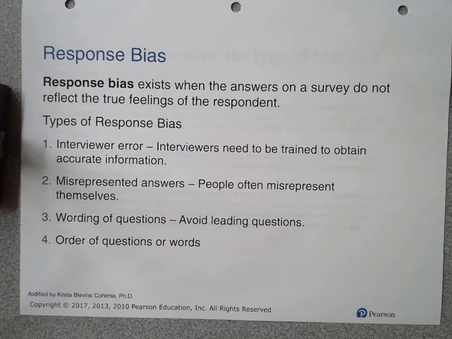Wording of questions, this also kind of goes into what I said in number 1. You want to avoid leading questions. That question about, don't you just love Colmia's stats class? It's a very leading question. You don't want to lead the students into a response. You want to try to make your survey questions not have emotion either. How do you feel about Colmia's stats class? That's an emotionless question as opposed to, don't you love Colmia's stats class, or even don't you hate Colmia's class? Both sides of that have emotion. Do you see the difference? So avoid leading